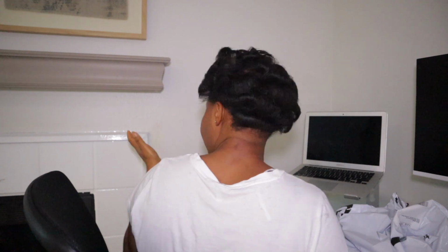Let me show you guys the back and tell me if I did a good job, because I didn't see my back. I just roughly did it. It's not perfect. I don't even plan for it to be perfect. I just want it to be something I can walk on the road with without wearing a wig. Okay, so